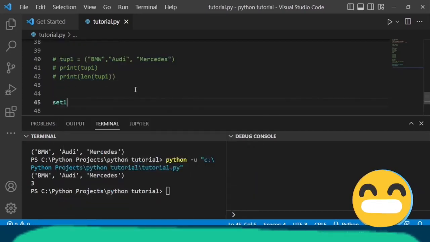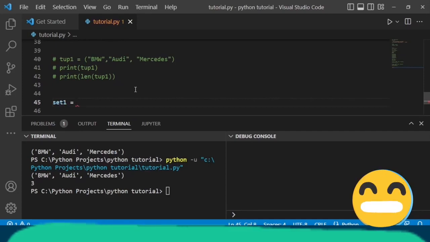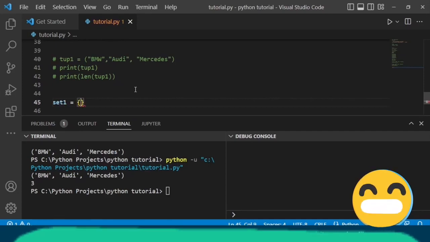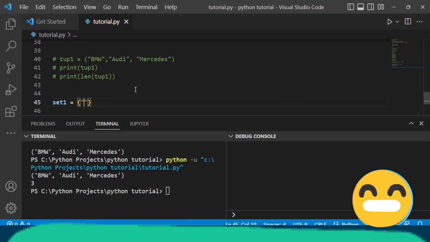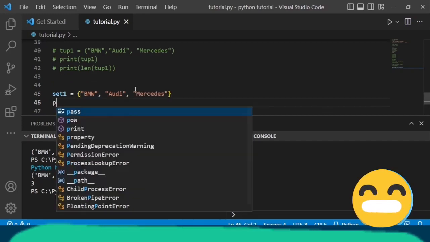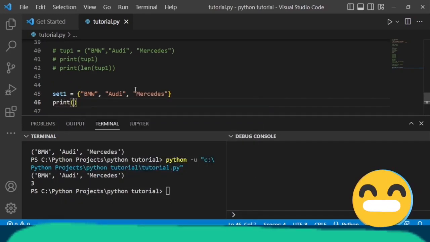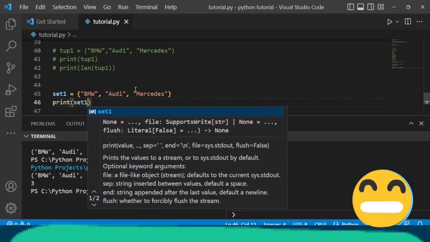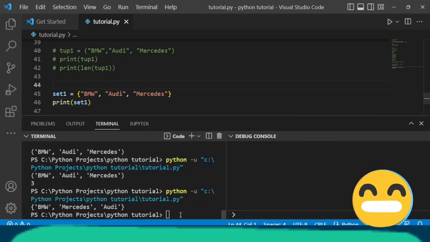So for that, we will create a variable set1, and inside that, in curly braces, we would add the car brands, that is BMW, then Audi, Mercedes, and after that we will print set1. We'll save this and run the program. You could see that the set has been created,